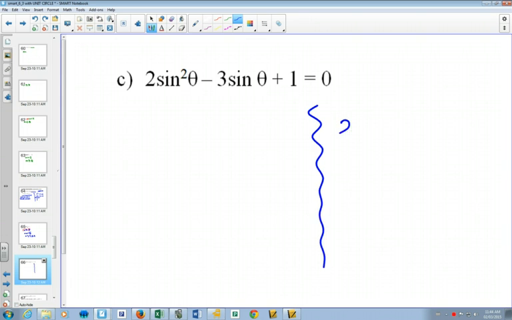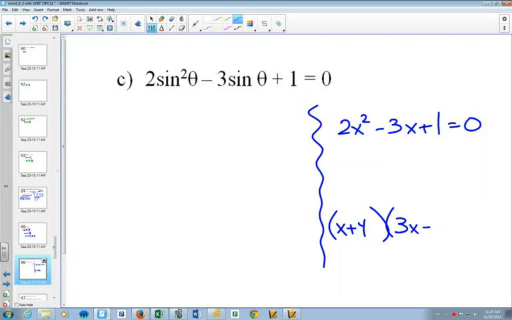I'm just going to write this with x's temporarily to talk about practicing some factoring skills. First of all, factoring is the opposite of multiplying it out. When you multiply something out, if I had to multiply this out,